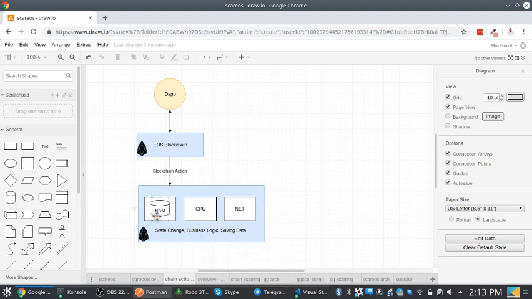The three key resources being used are RAM, CPU, and network, all of which have a different price per millisecond, per kilobyte inside of the EOS system. And again, all of this is happening inside the smart contract.